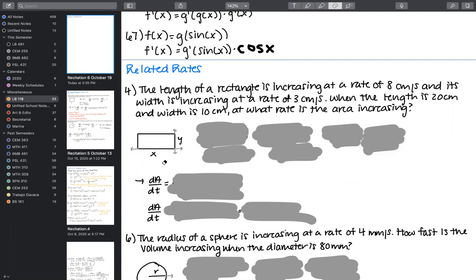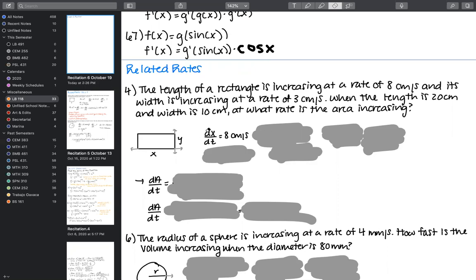So we've got a rectangle. I realized during first recitation that this probably would have been better represented if I had drawn the rectangle up and down. But either way, I decided to assign this length as x and this length as y. So x is going to be the length, quote unquote. And then y is going to be the width. You could do L and W, whatever. I chose to use x and y.